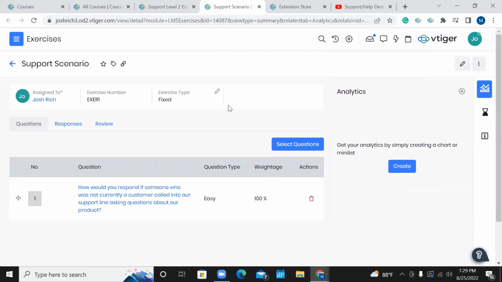So this is where things are going to get a little bit different. The exercise is going to be the first record where you can select questions to be added to it. And when you're first creating the exercise, it's going to look like this. So before I even jump into any of this page, let me show you what it will look like when you're creating your exercise initially. So if we edit this,